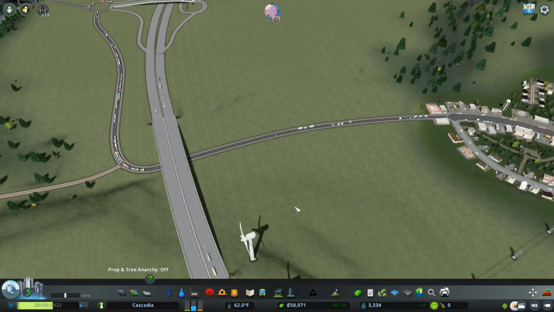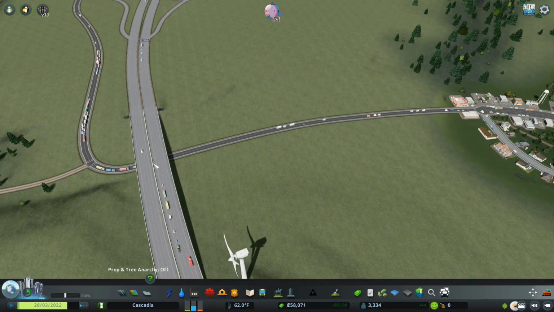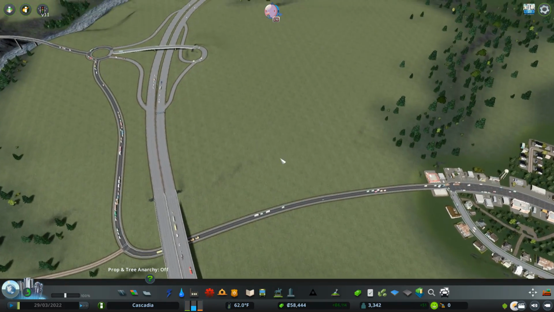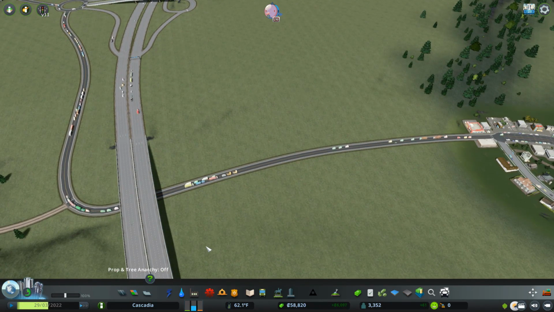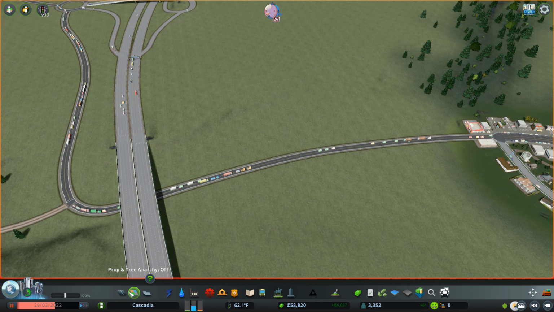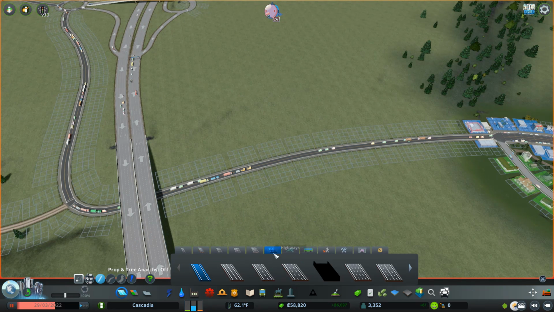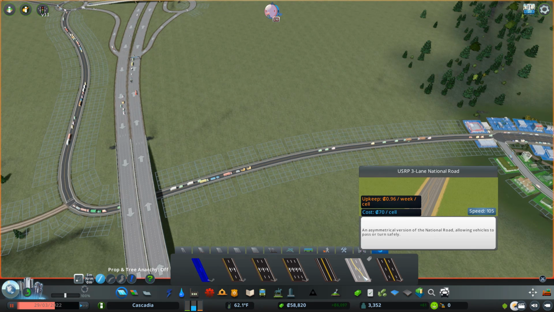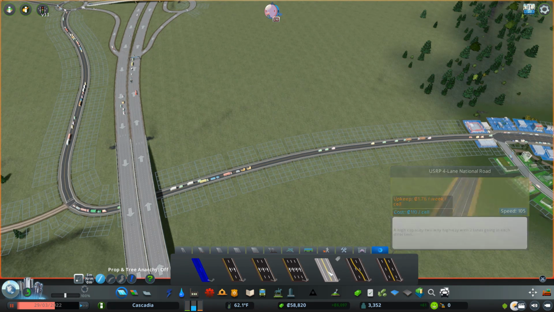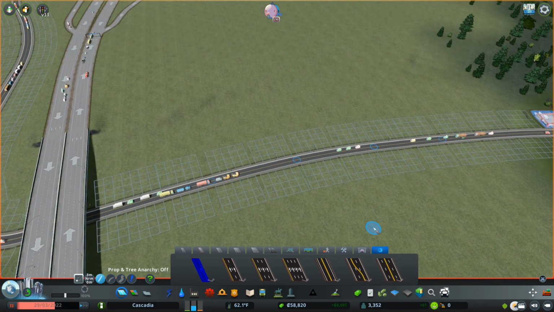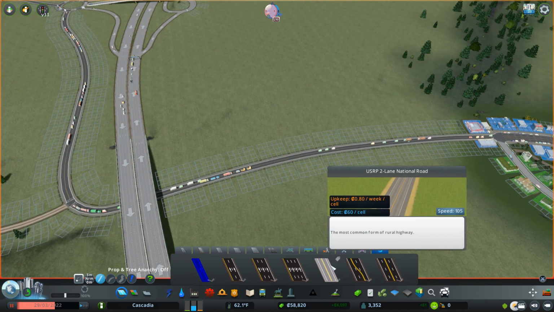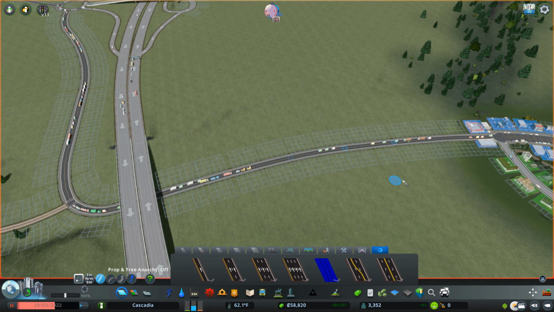go around. So we're going to be turning this into a national road because we're seeing way more traffic starting to come into town. So what we'll do here, we'll just pause everything real quick, go into the roads, go into the highways. Actually, we've got this stuff here. I don't even know what this 3-lane looks like, but we've got a 4-lane national road and a 2-lane national road. So what we're going to do is we're going to start off just with this 2-lane national road and kind of, well, actually, let's do the 4-lane